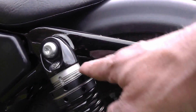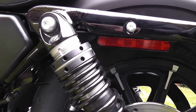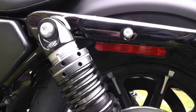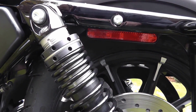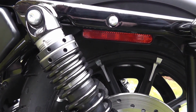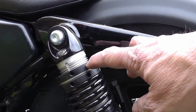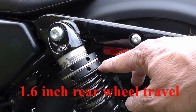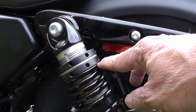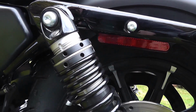shock adjusting, as you can see, and the spanner is tucked away under the solo seat. All this is designed to soften up the dampening enough to take the edge off bumps and thumps that you might find in the urban jungle. You just take your spanner and loosen that top one, and if you want a stiffer ride, you go down. If you want less of a stiffer ride, you go up with that thing, then relock